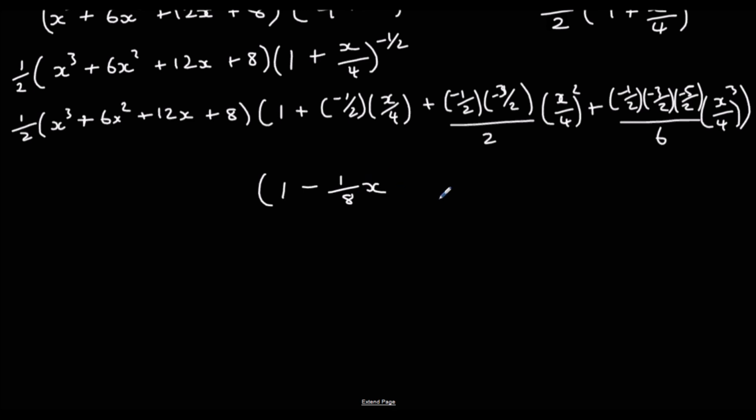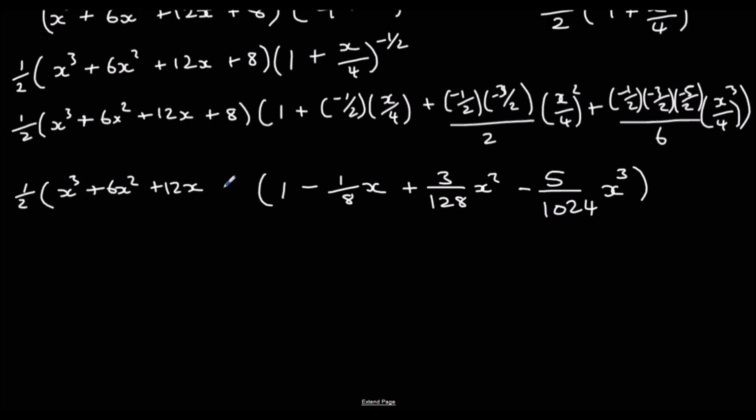Use the calculator to make sure we get the expansion right. So we've got 3 over 128 x squared minus 5 over 1024 x cubed. So half on the outside,